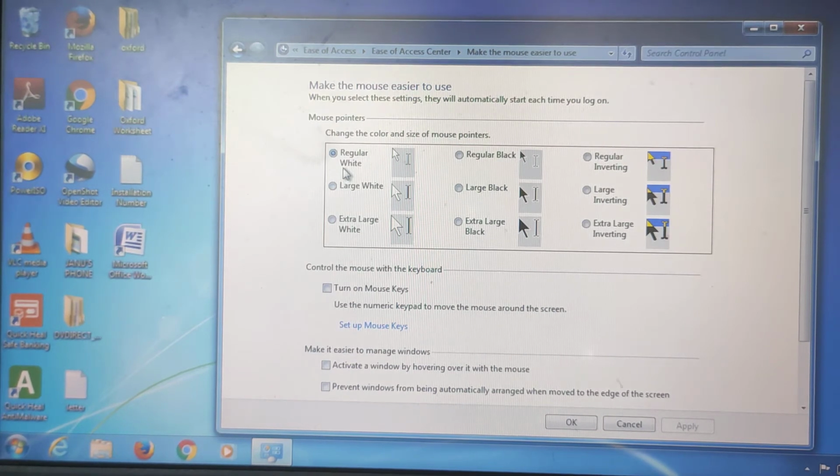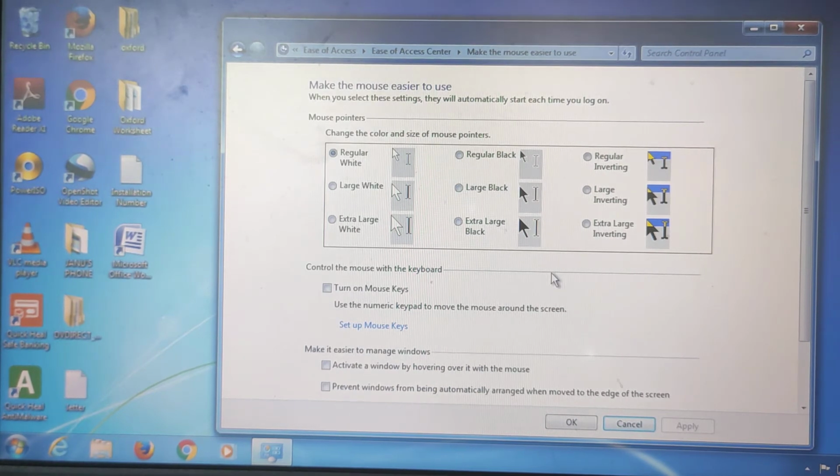Here there are large white, regular white, and large black options, and I can change them from here. If I apply, see, my mouse pointer is changed. If I click regular white, my mouse pointer is normal.